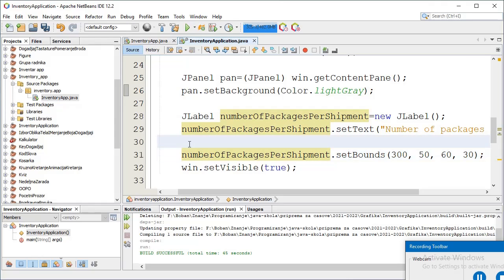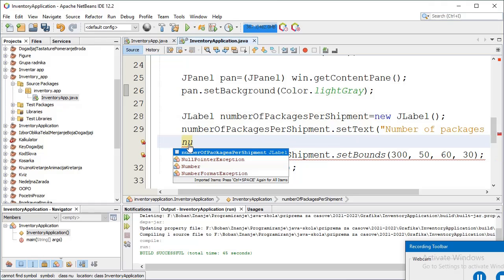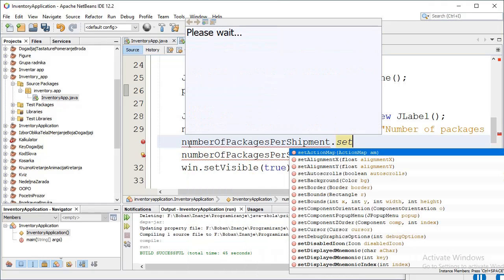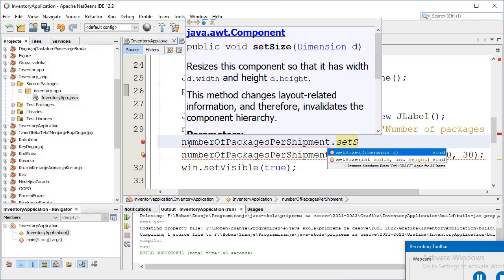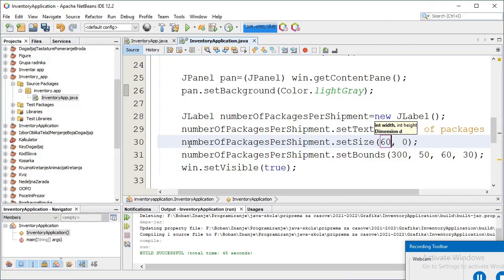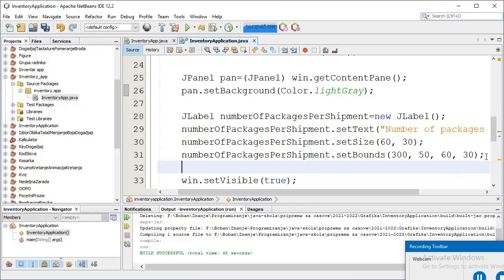I will set the size. I use the same width and height which I used in the method setBounds. So 60 and 30. The next thing we need to do is add that object on the JPanel.